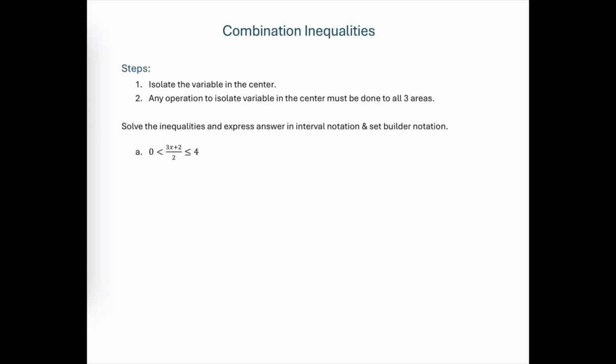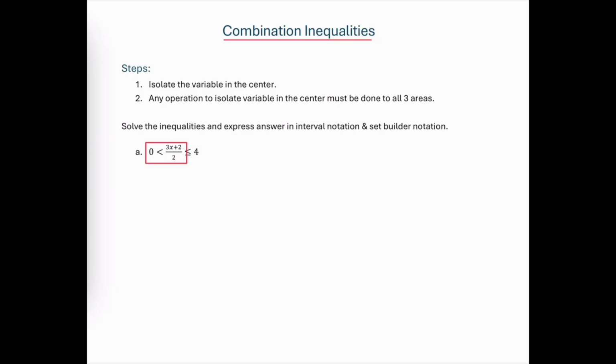Solve the combination inequalities and express the answers both in interval notation and in set builder notation. A combination inequality is essentially two inequalities that are being considered at the same time. In this first example, we're looking at both the inequality (3x plus 2) over 2 is less than or equal